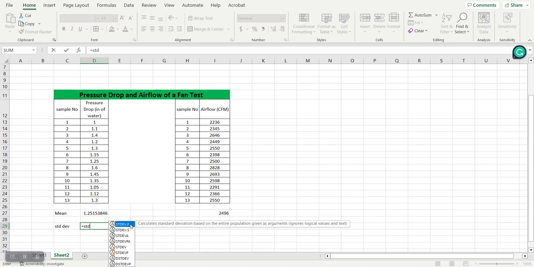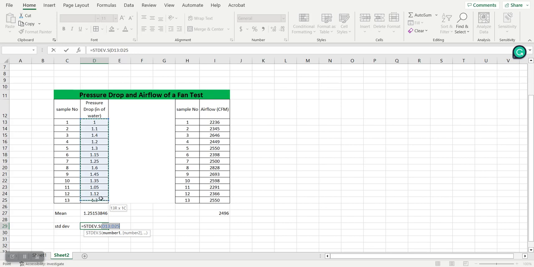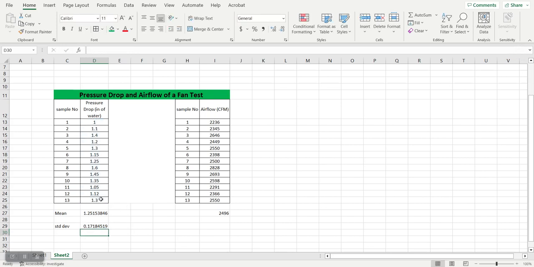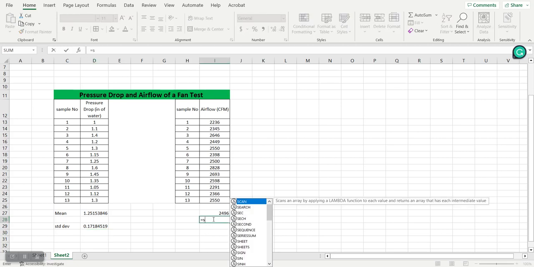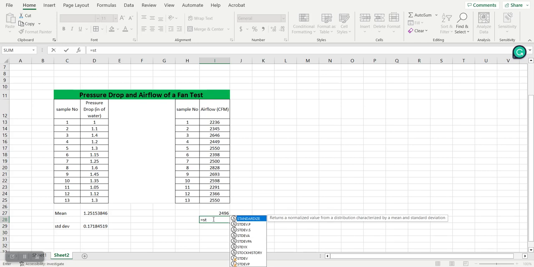In most cases we mainly deal with samples, so we will mainly use stdev.s. Okay, so just click on this, and as usual just select all the data, and that's how you can get the standard deviation for the pressure drop. And for the airflow, you are going to use the same function, so